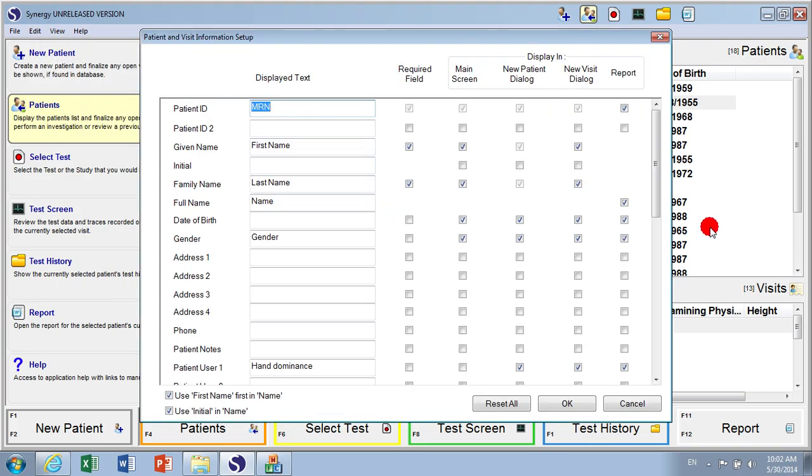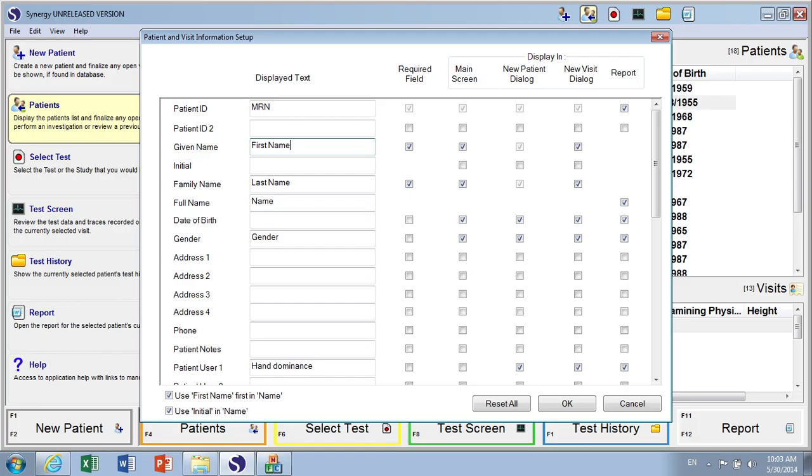This dialog looks very similar to the configuration screen from the previous software version, except now it has some extra columns and extra rows. Let's review this very quickly. On the left-hand side, we can see the names of the fields that are used in the database. The next column shows the label associated with these fields. We can change them as necessary. So for example, instead of given name, we have decided to call it first name, and we can change these